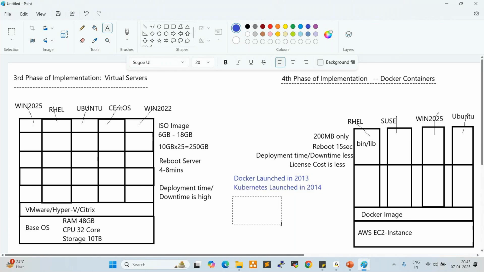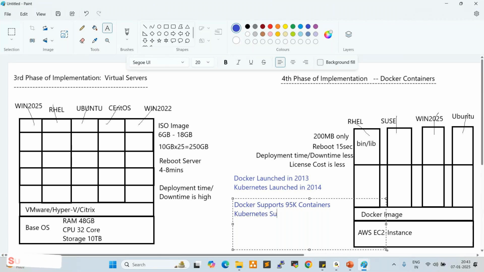This is an entry question. Okay, and also Docker supports 95,000 containers. This is also an entry question. Kubernetes supports 3 lakh containers.